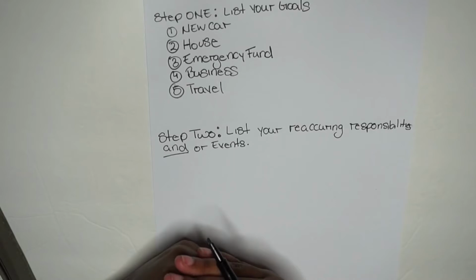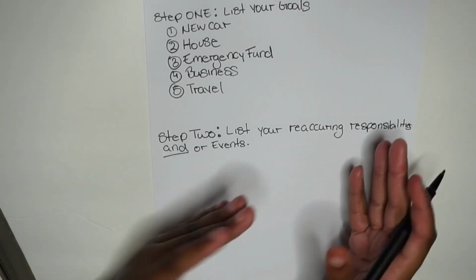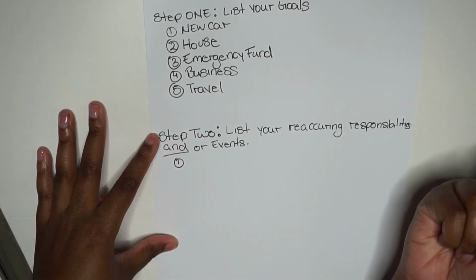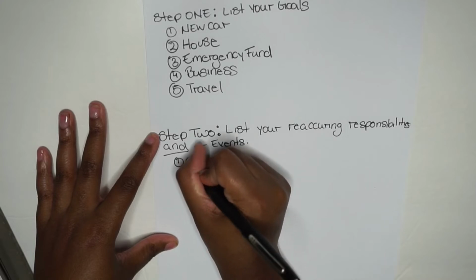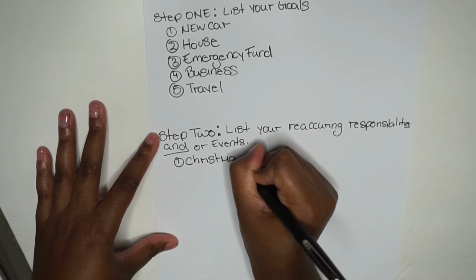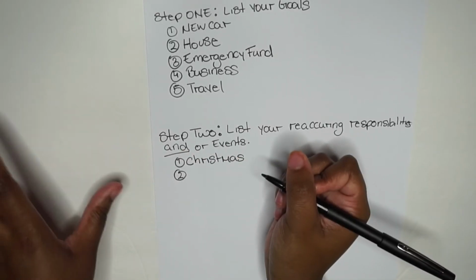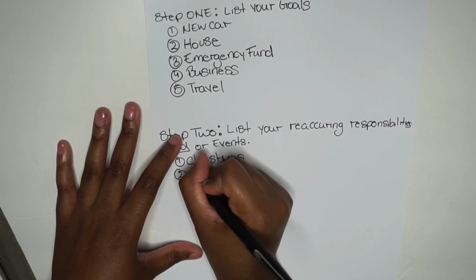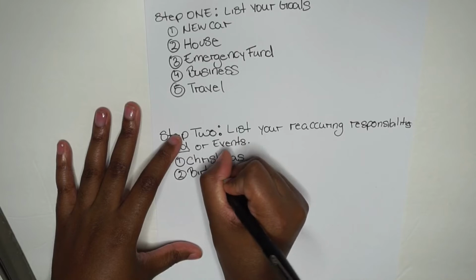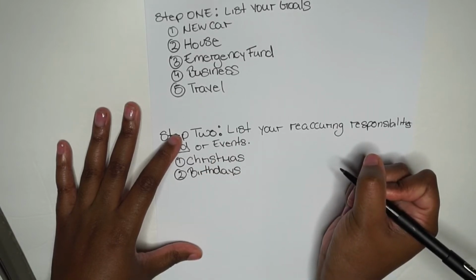So now the second step, I'm going to do my reoccurring responsibilities and/or events. So the first one is Christmas, because Christmas comes every year. There's no way around it. Then we have birthdays. Then we have